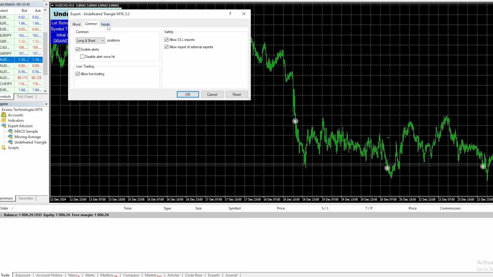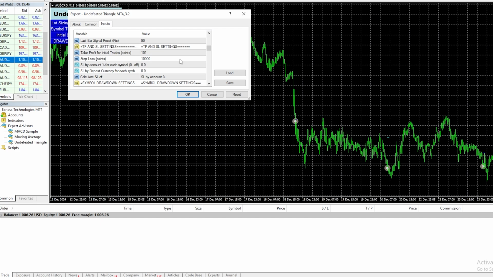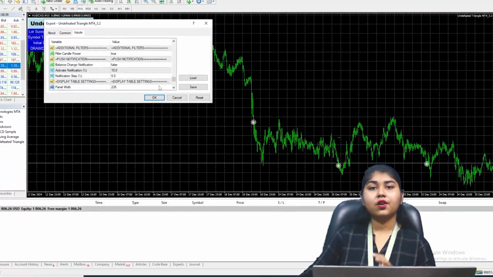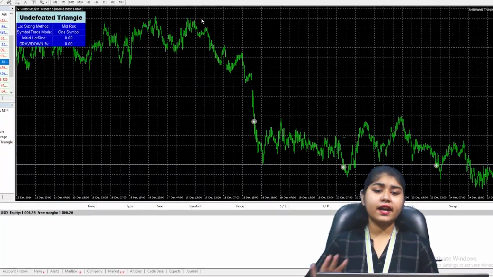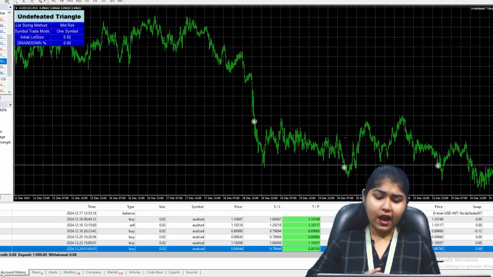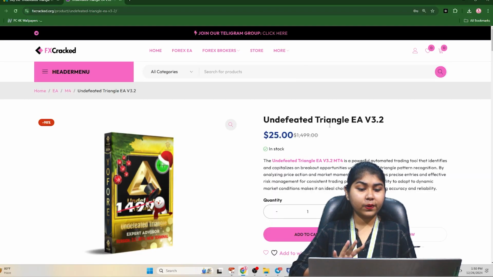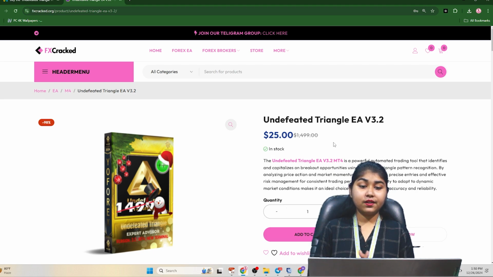Right here I have the input section. You can just copy the settings, or else you can customize as far as your wishes and your needs. It is just the first week that I am leveraging this Expert Advisor on a demo account, and it's not a huge amount of profit that I have gained, but I would say that I have enough trades to analyze this Expert Advisor's performance. And one of the biggest things that this Expert Advisor offers you is a very good risk management for smaller account sizes.